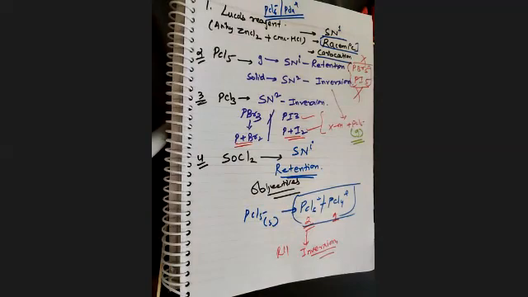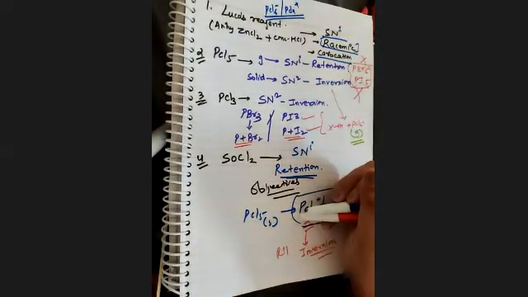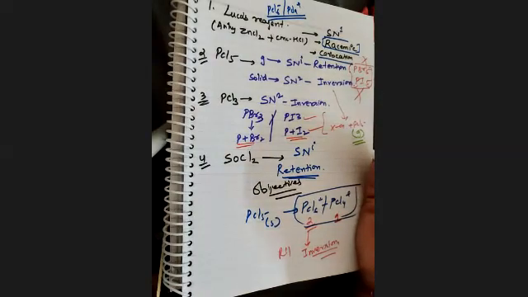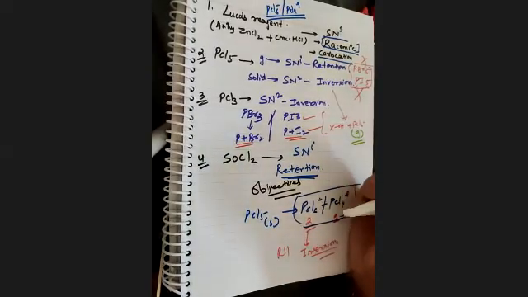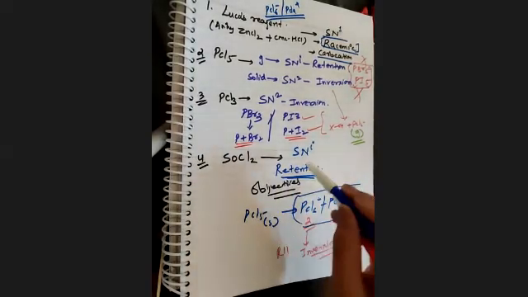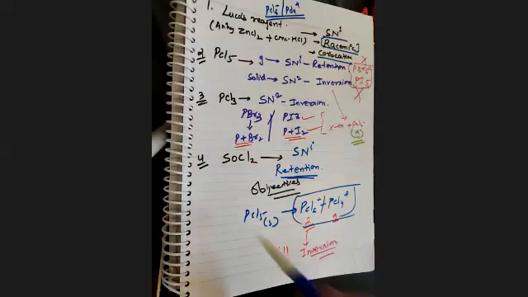Okay, so read in detail about inversion, retention, and racemic compounds, and prepare your notes properly so that you can answer in your objective paper clearly. They can ask you about the product, the byproducts, the types of reagent, that with which reagent you will get what. If you are reacting the compound with SOCl2, what type of compound will you form, is it retention, inversion, racemic, or none of these. At that time you must know the mechanism, that in this type of reaction you will get racemic, in this type of reaction you will get retention and inversion, and so on. Clear?